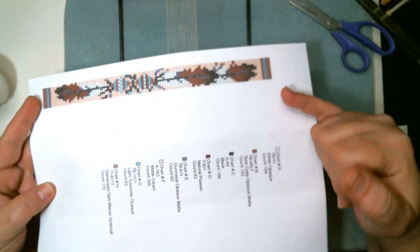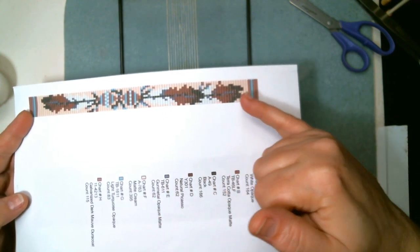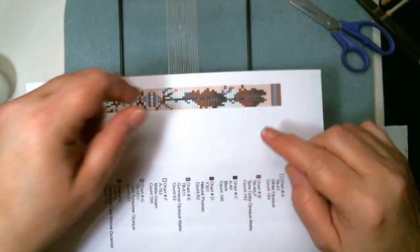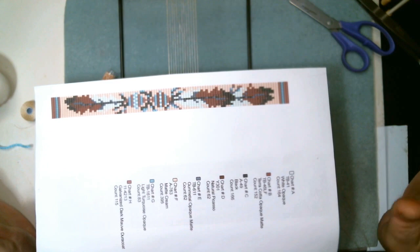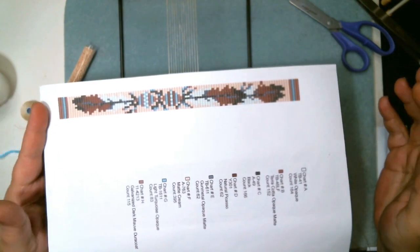And then what I'm going to do is continue my pattern, repeating these 2 feathers again and again until I have them up to the other side. So when they do the second wrap, the feathers will come around the second wrap. And then I will finish this and then do just the cream color to the end. So you can chop up pieces of a pattern that you have. If it's geometric,